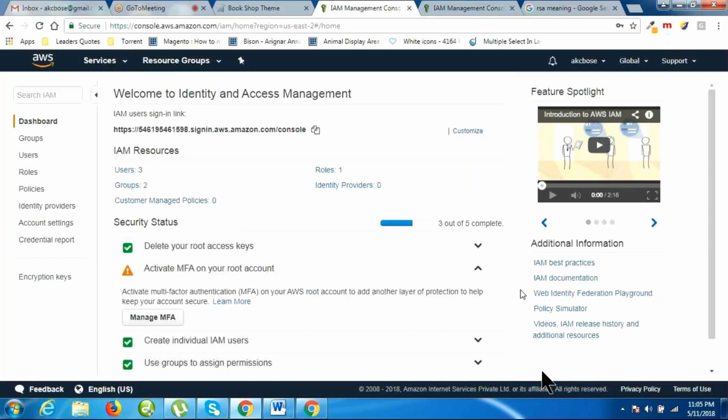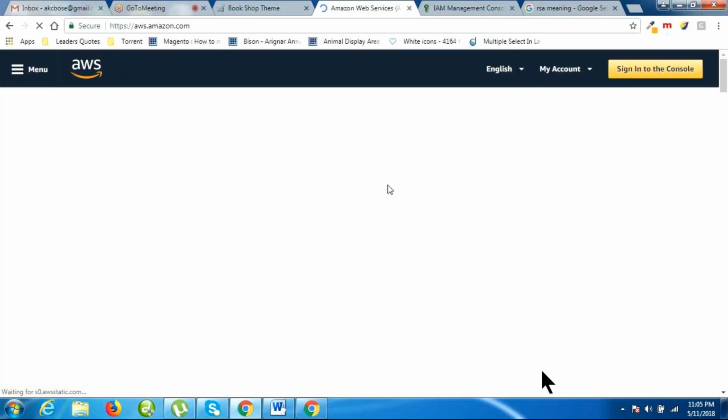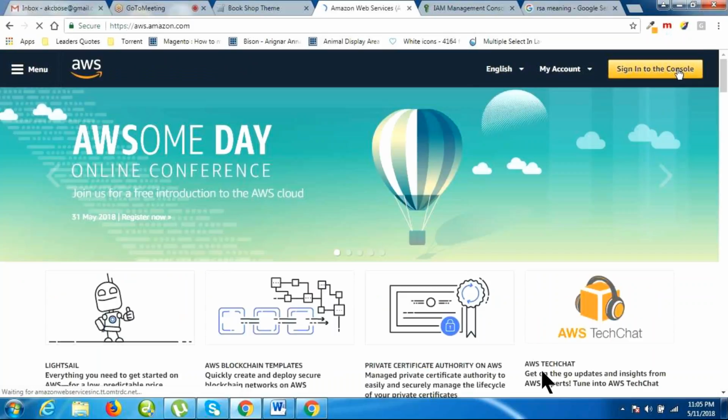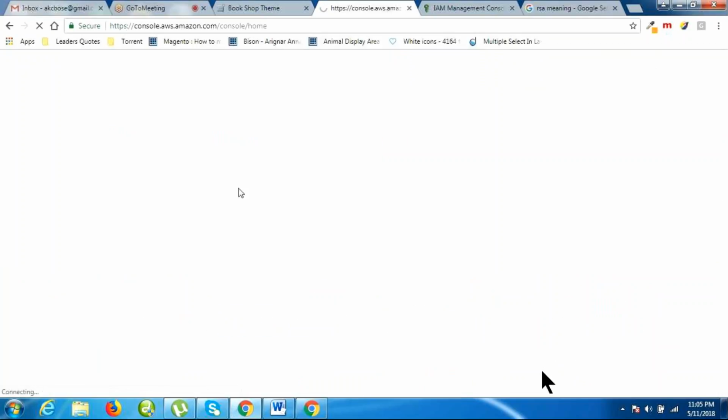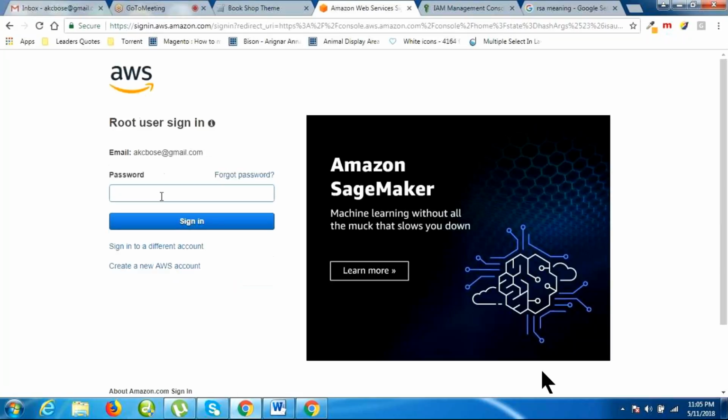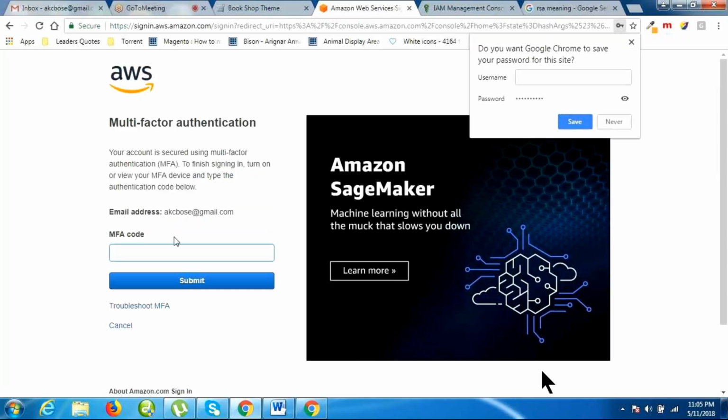So now you have got the message that MFA has been successfully authenticated with your account. Now log out and log in, please. So guys, now you can see, while Bose is logging in after activating the MFA, sign in.